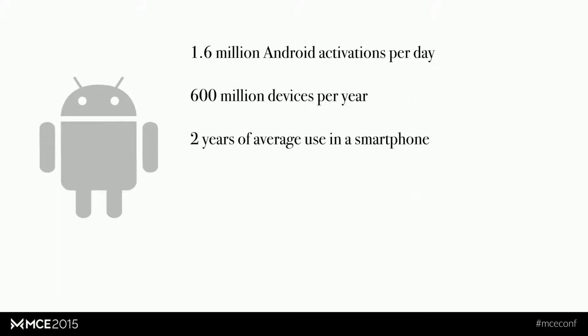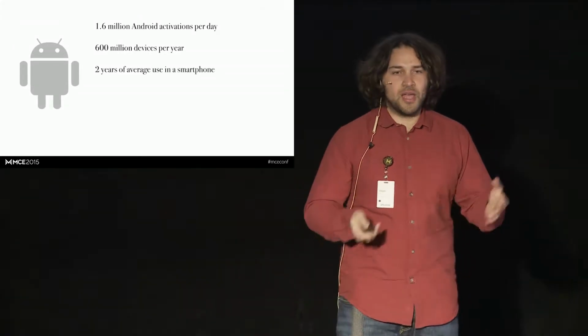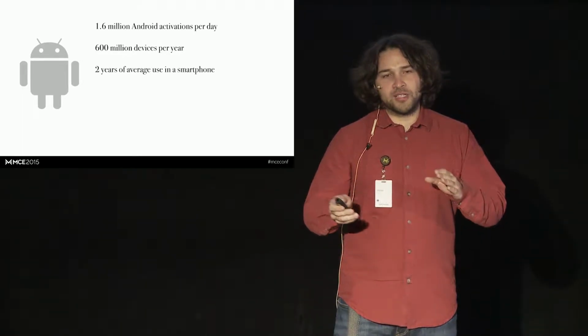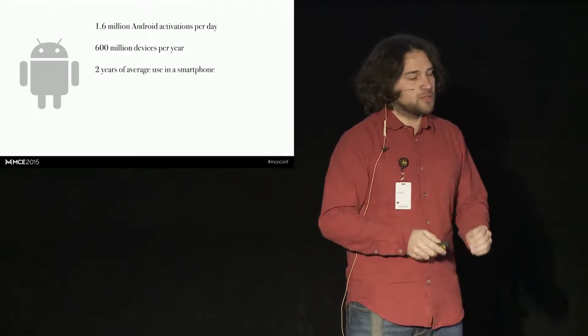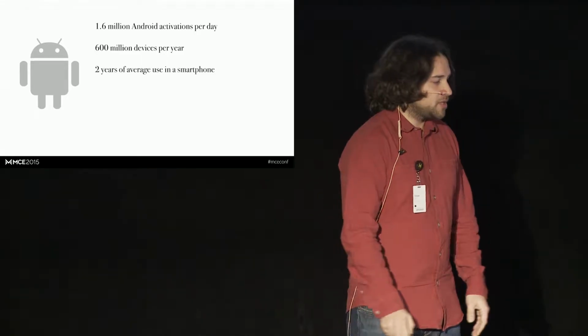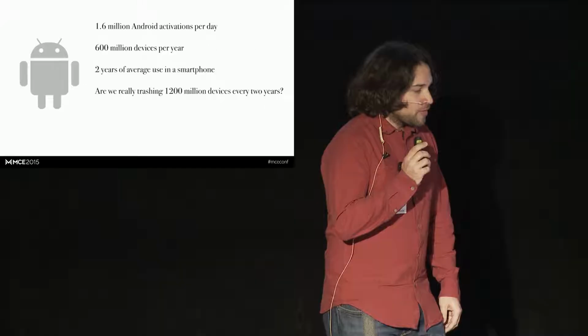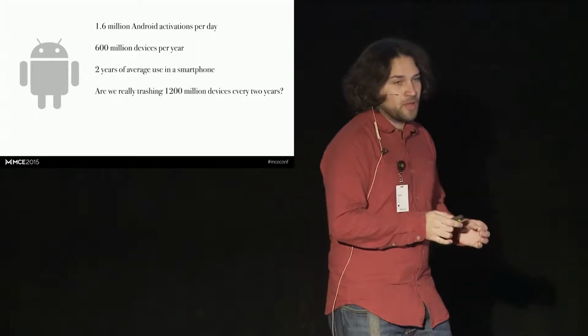If you think about the average use of a phone, we dispose of them, we throw them away every 2 years. Yeah, you might think, oh, not me, or not my mother. It's okay. But I think some people throw them away every 3 or 4 years. Some other people even replace them every year, or even every 6 months. So the average is around 2 years. So that means that we are throwing away around 1,200 million, not devices, I would say Android devices, every 2 years.